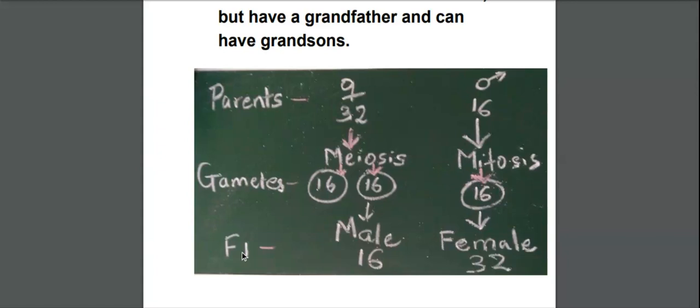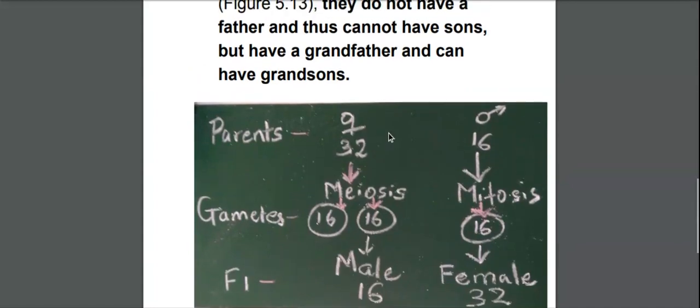Now, F1 generation. When will you get a male honeybee? A male honeybee will develop directly from an unfertilized egg. So, this unfertilized egg, which has not and will not meet up with the sperm, will directly transform into a male by the process of parthenogenesis. That is what we have said. Whereas, if you want a female offspring, the egg fuses with a sperm to give you your female, and therefore females have 32, that is the diploid set of chromosomes, and males have the haploid set of chromosomes.